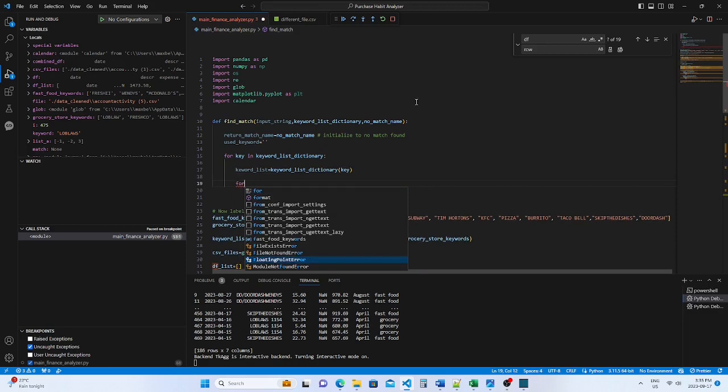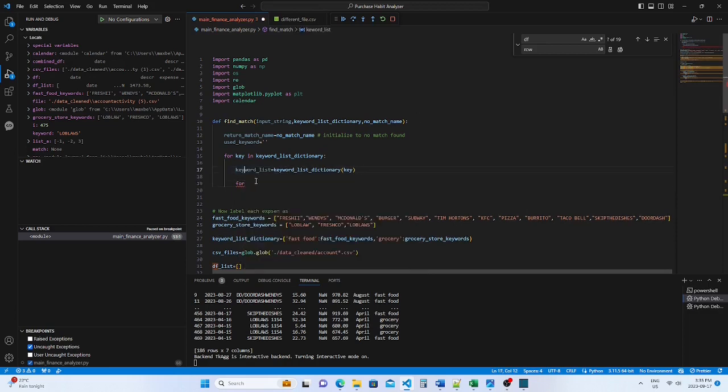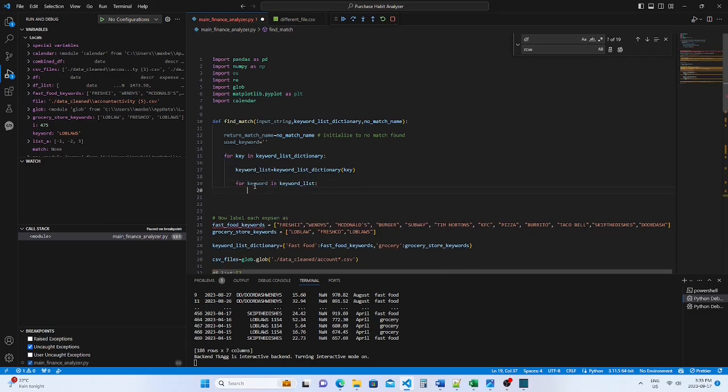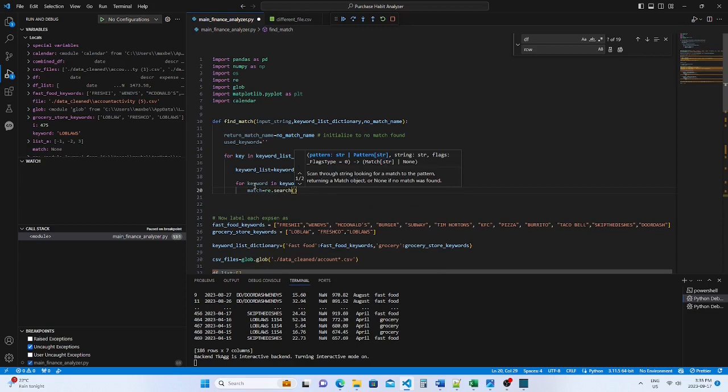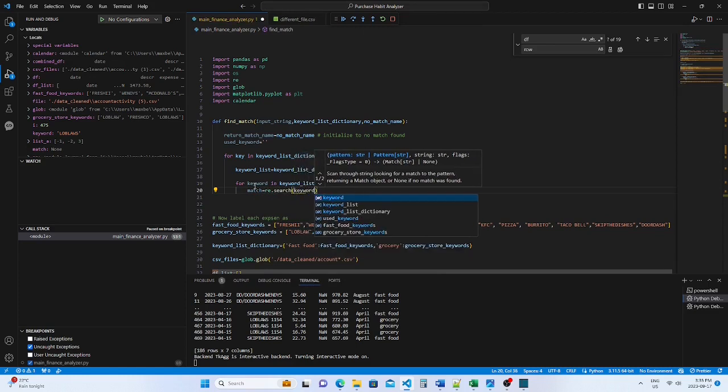And then for keyword in keyword list, use our friendly regex again. We're going to look for a match equals regex, we want to search for the keyword in our input string,